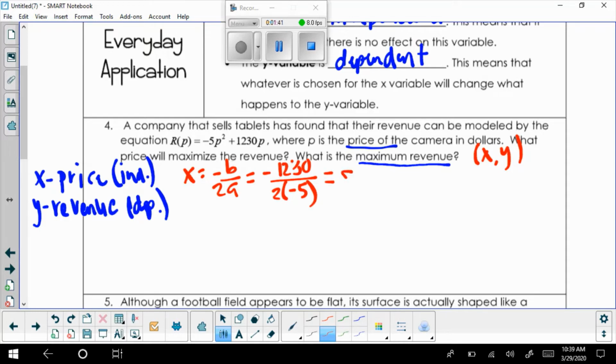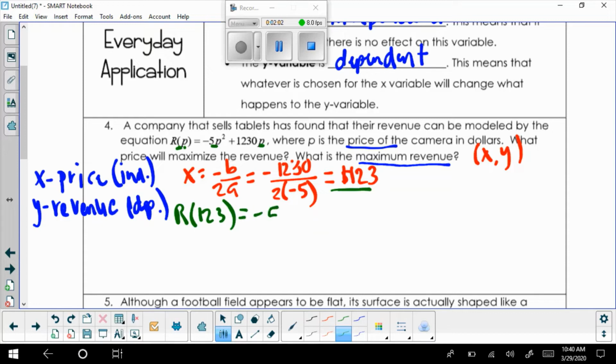And we get $123. So that's the max price of the camera to maximize our revenue. So we need to then take this x value and plug it back in, which in this equation, our x is like our p. Okay, so we have r of now 123